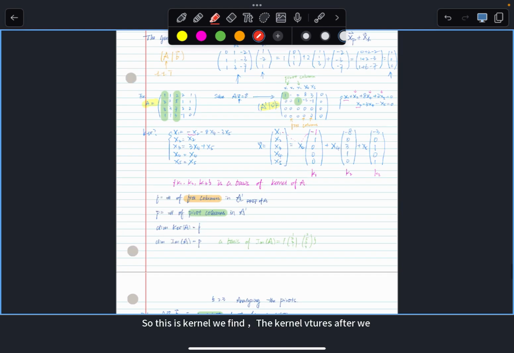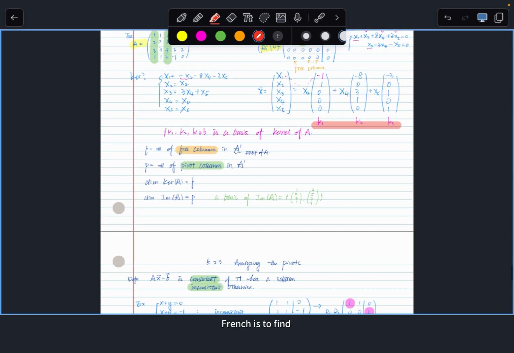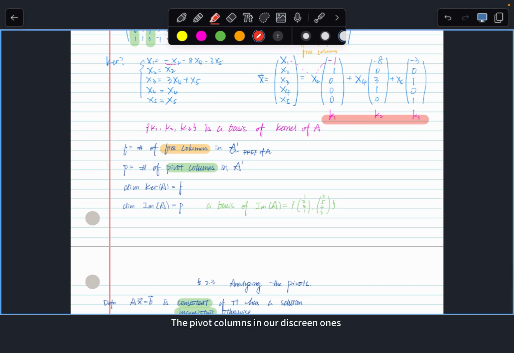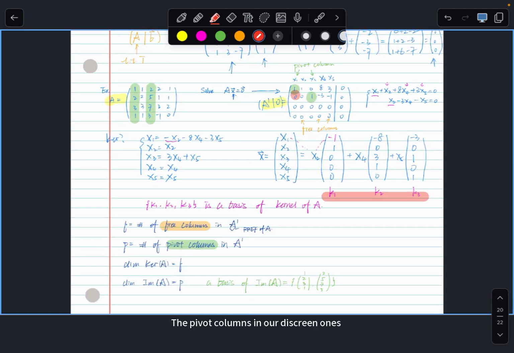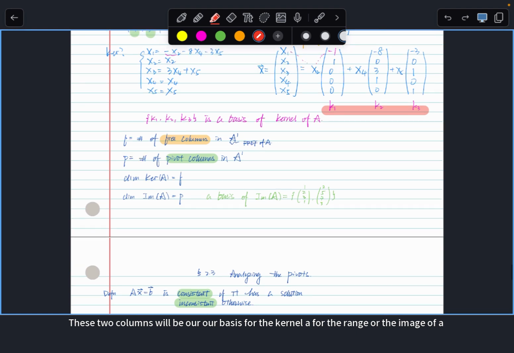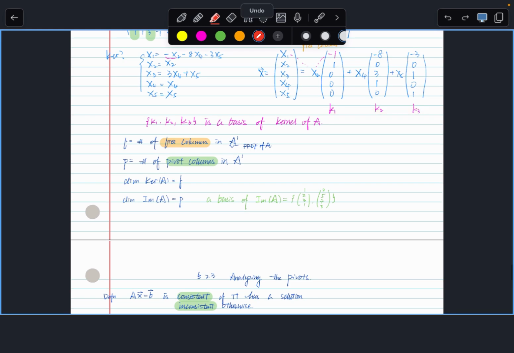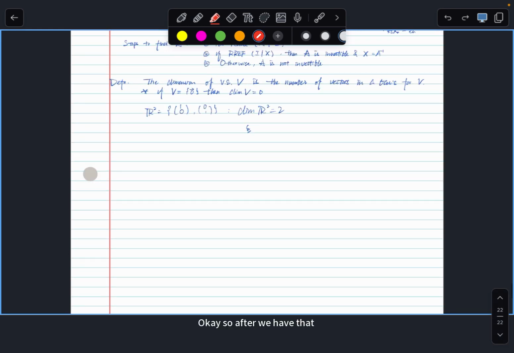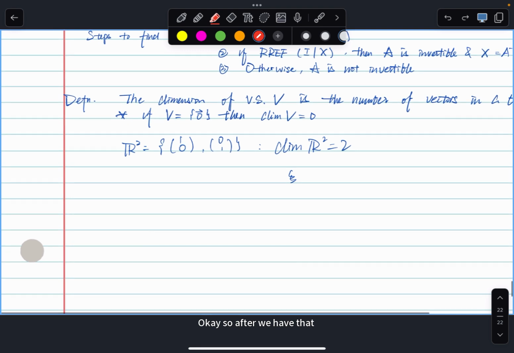So for the basis of the kernel, we find the kernel vectors after we solve AX equals 0. And for the basis of the range, we find the pivot columns, which are these green ones, and then we take the original columns, and these 2 columns will be our basis for the range, or the image, of A. Okay, so after we have that,